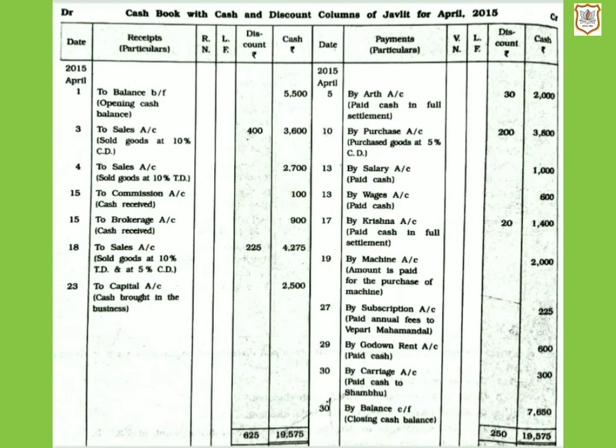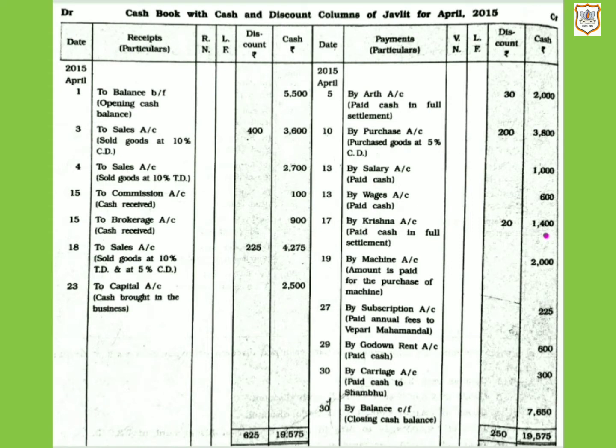Now next transaction, date 17th. Cash of rupees 1,400 paid to Krishna in full settlement of account of rupees 1,420. Here our payable amount was 1,420, and out of that we are paying only 1,400. We are paying less amount. So here our cash is decreasing by rupees 1,400 only. So here we will write in cash column rupees 1,400, and